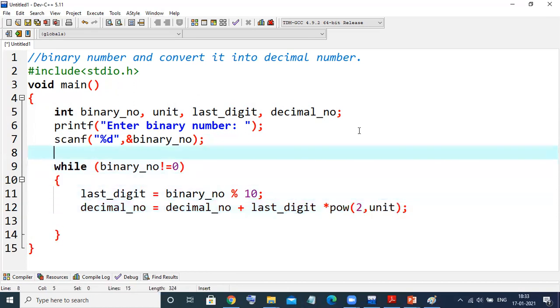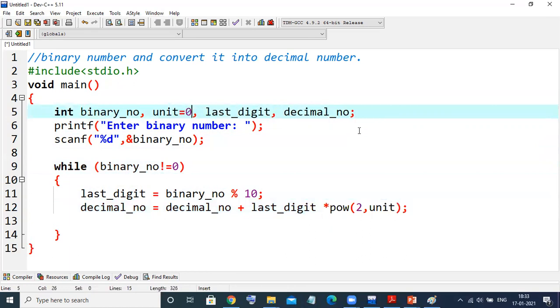First this unit would be 0, but it's not yet declared, so we need to initialize unit equal to 0. Similarly, we declare decimal equal to 0, because we are adding here.